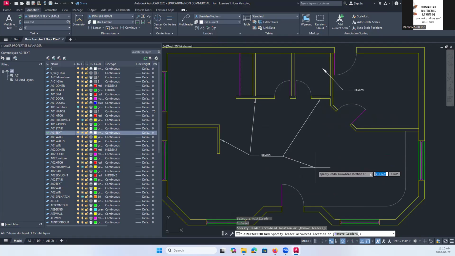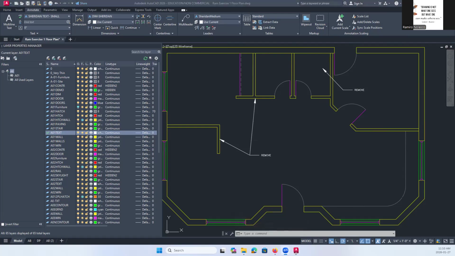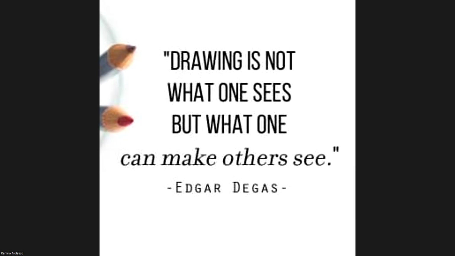Okay. And if you want to, you can also remove any of those leaders. Select first the leader and then the specific leader that you would like to delete. Enter to finish. Okay? So that's for leader.